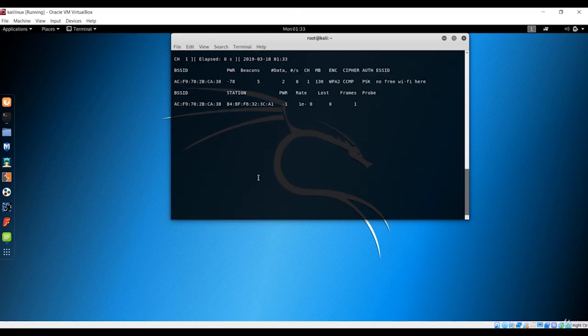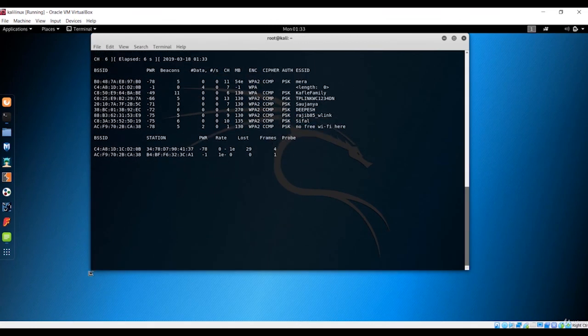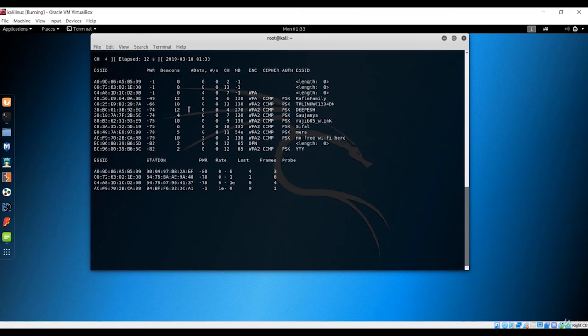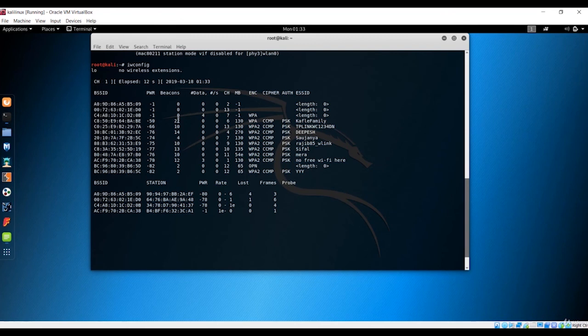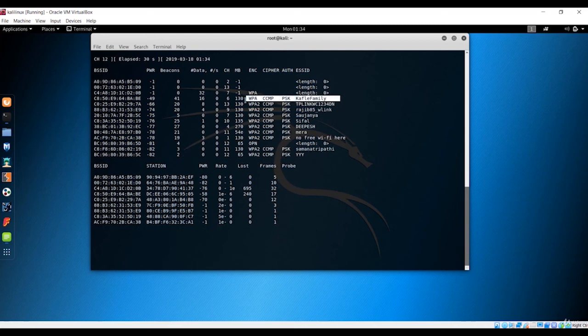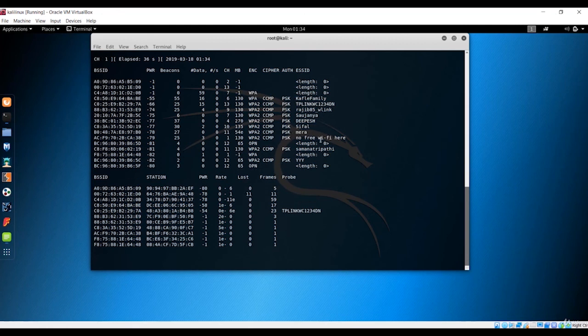If I hit enter, you can see the information about the network. This is not the clients, but it is getting us the information about the networks that are available, because airodump-ng is going to get every Wi-Fi network near your device, and give us information about the gateway, or basically the network. So these are all the networks that are available in my area. In your area it can be more or less, but we have this network that is to be hacked.